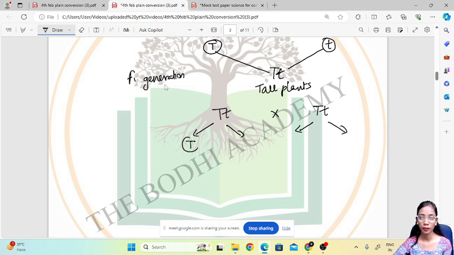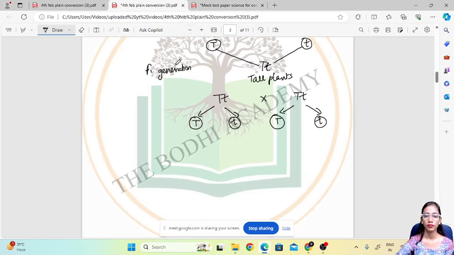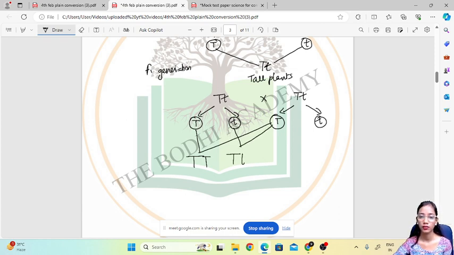This will be capital T, small t, dwarf. Okay. Now combine, this combines with this T, T. Second one combines with the first one again, T, T. Okay. Now first one with the